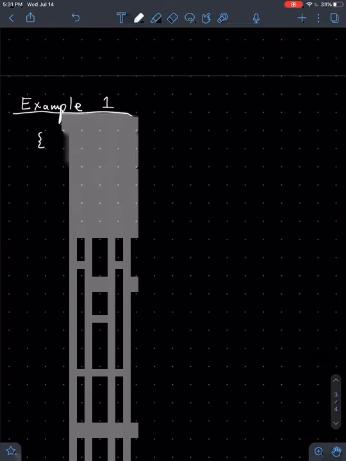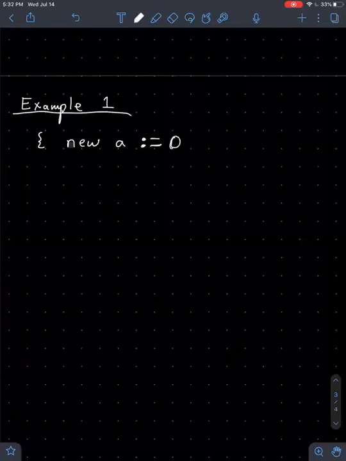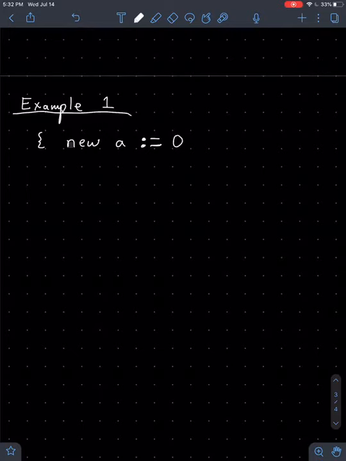So new curly brace, and then here we'll have new A, and then we'll assign A the value 0 in new B is true in